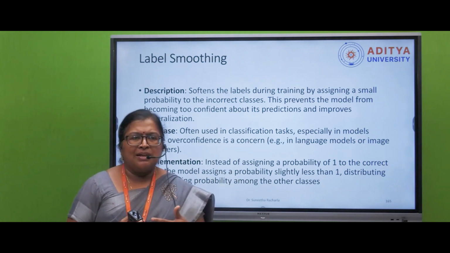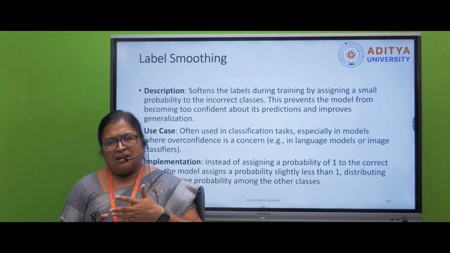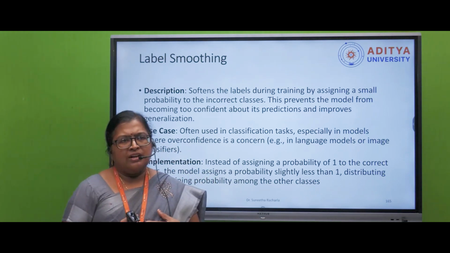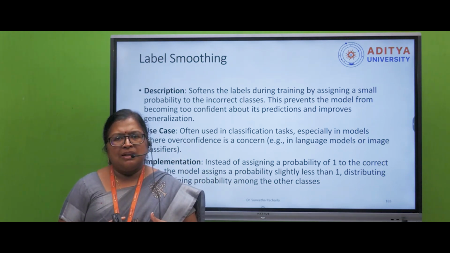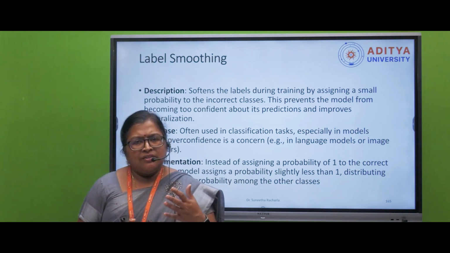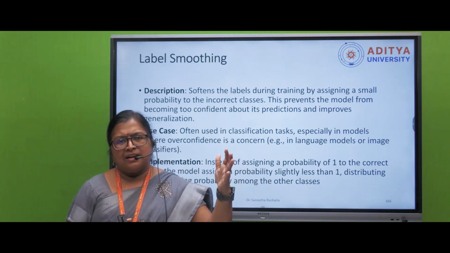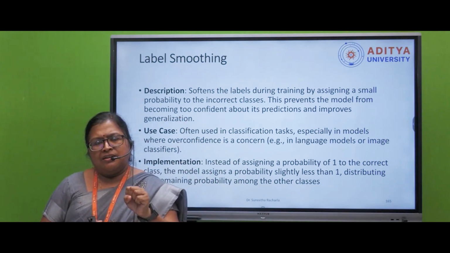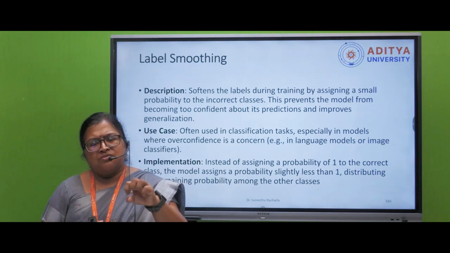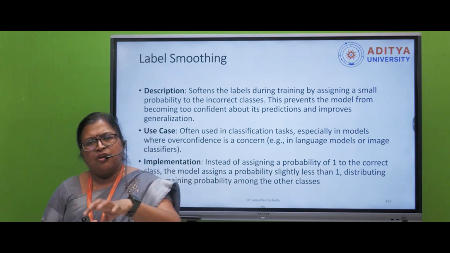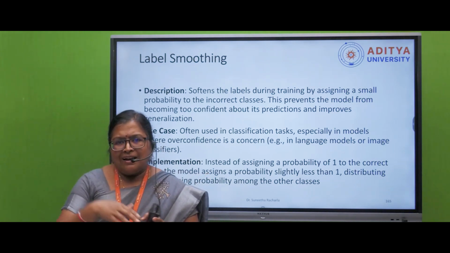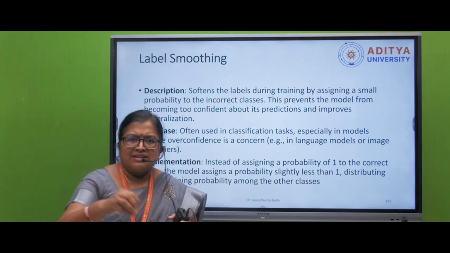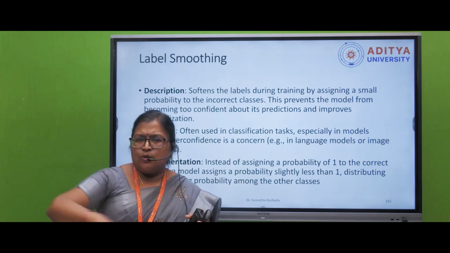When the error is very big, when the node is not performing well, or it is learning so much because of overfitting, at that particular time label smoothing will act. It will not completely eliminate that node, but it will work on that particular node. It will reduce the working of that node and inform the activation function that this node should participate very little in the modeling, in the data processing, or whatever processing we are doing in the complete process.